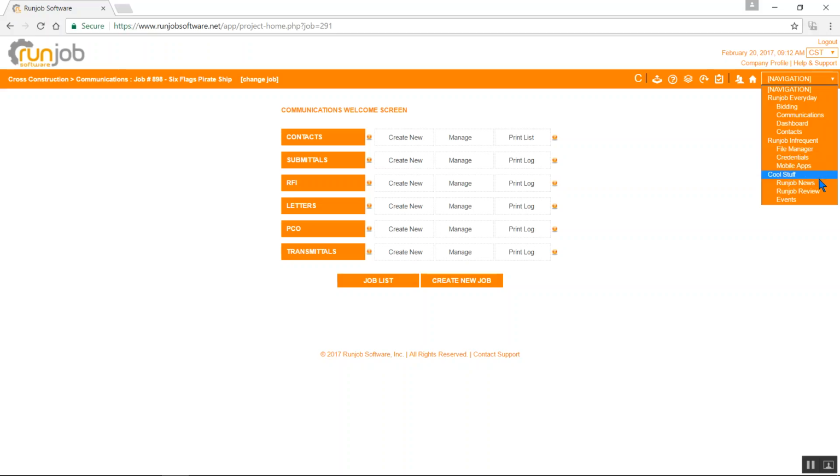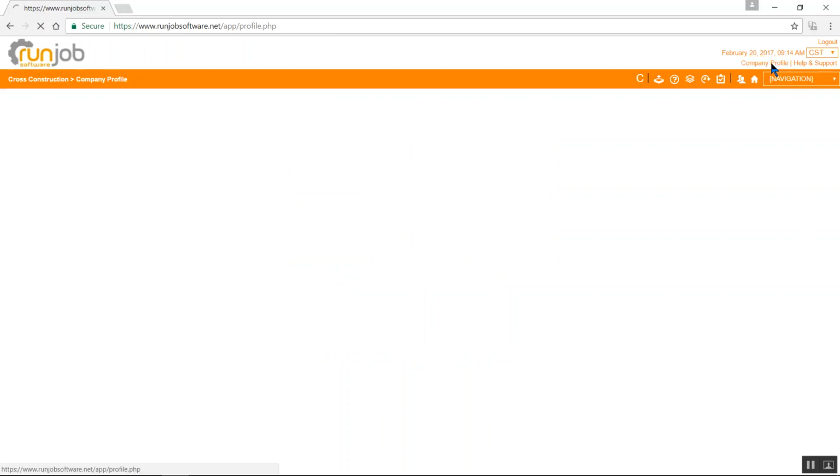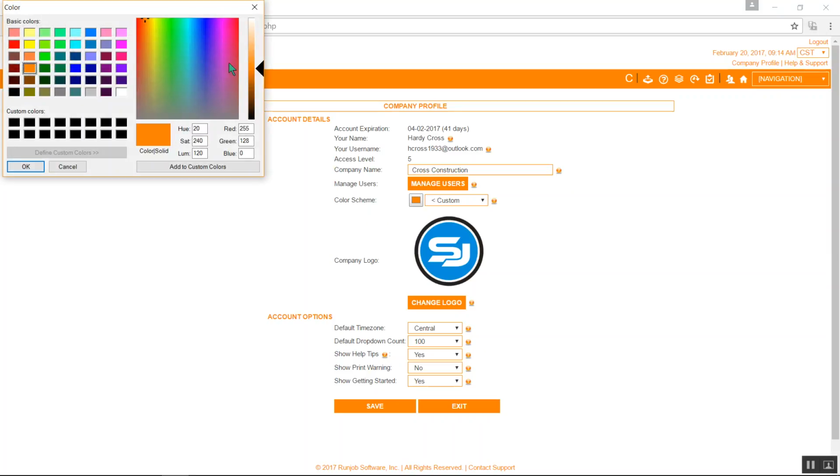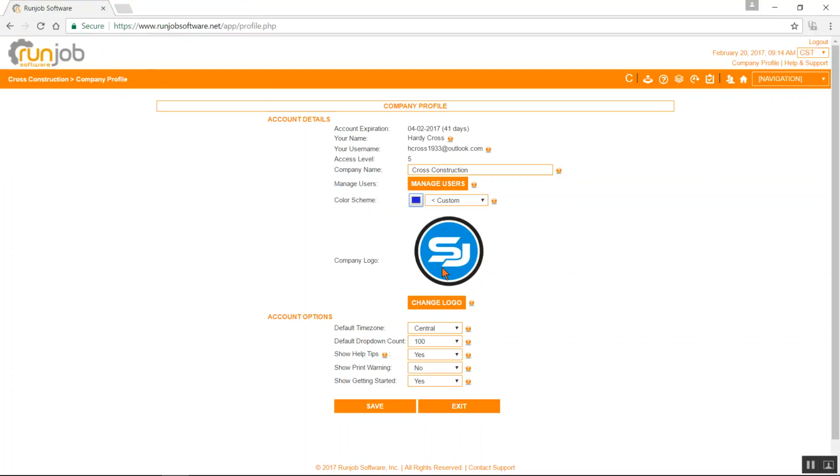Cool stuff down here. Runjob news, Runjob review, things of that nature. And then finally up here in the company profile, we give the ability to do a couple different things here. You can change the color scheme. Say I want to go to blue. I'll go ahead and hit OK there. You can import your logo here. And down here you can change your time zone,